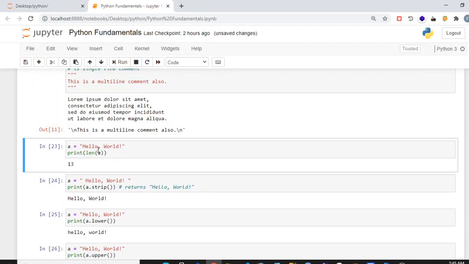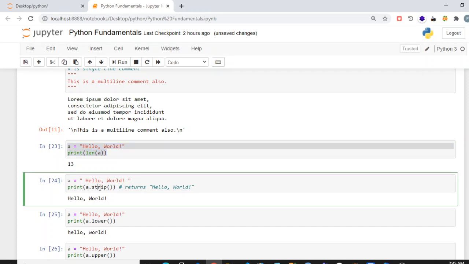Then we have different functions. For example, we can check the length of a string. The len function will return the length of it. Then we have the strip function. Strip function will strip the spaces around the text in any string.